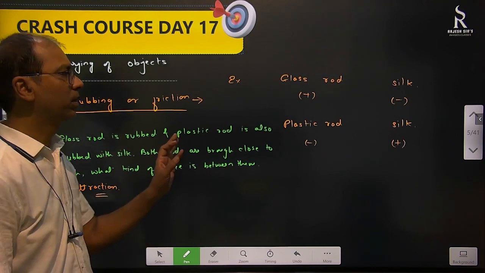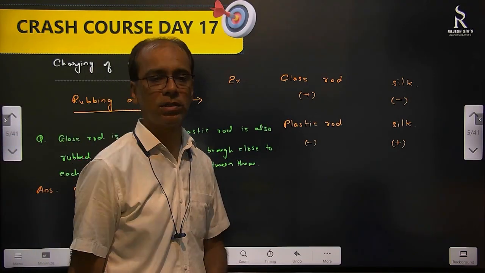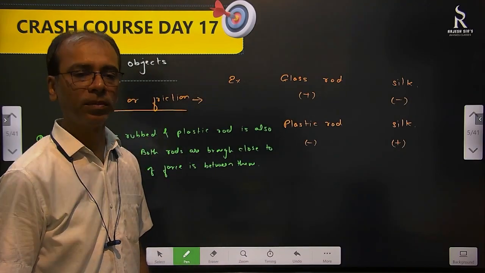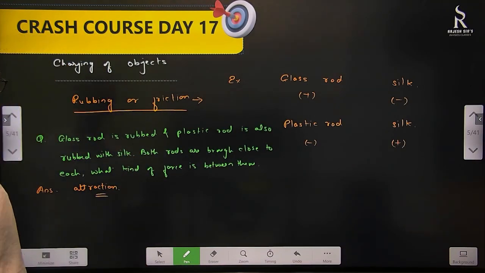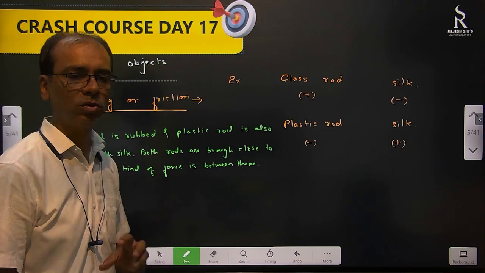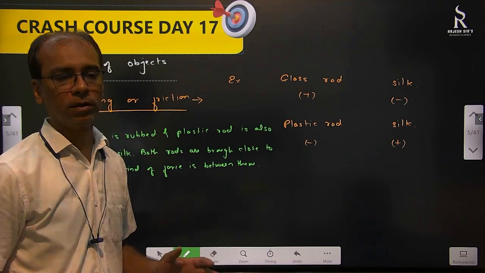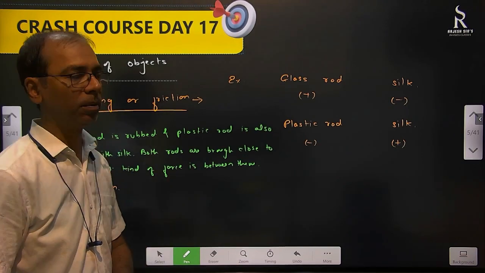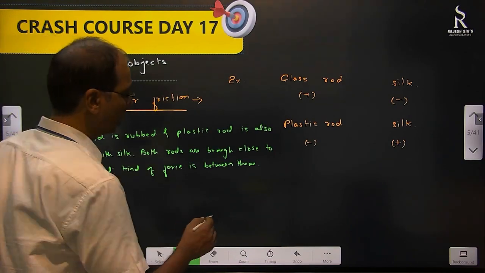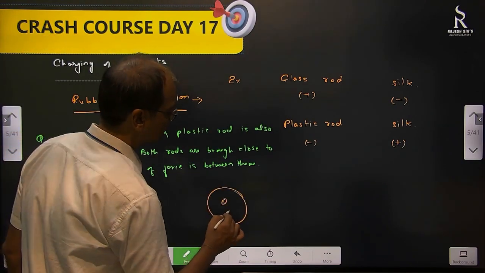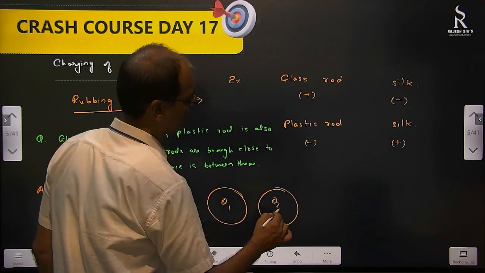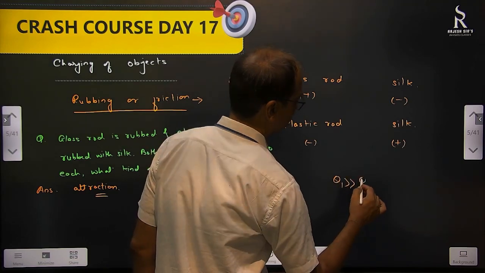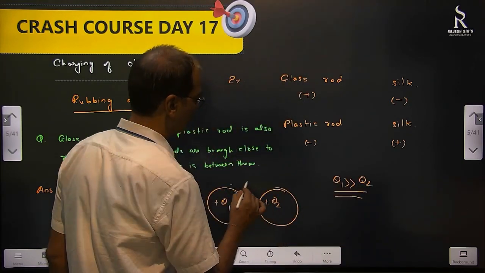So that means between positive and negative charge there is attraction, and between two negative or two positive charges there is repulsion. But is it possible for a positive charge to attract another positive charge? Yes, it's possible, if the magnitude of charges on the two objects is very different. It means one object is charged heavily and the other one's charge is negligible compared to that. Suppose one object has charge Q1 and the other has Q2, both positive. If Q1 is much greater than Q2, then what type of force is there between them? Attraction.